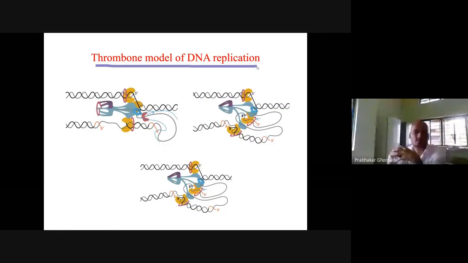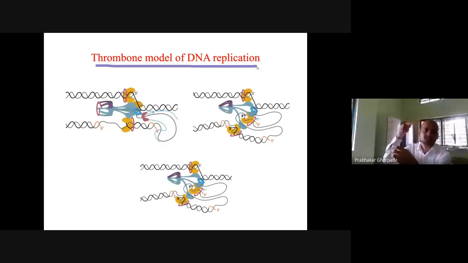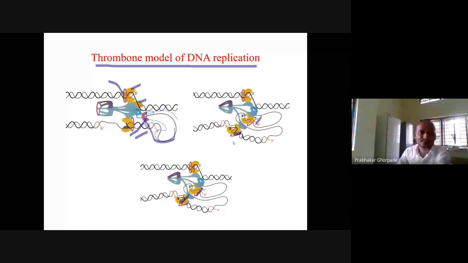Some of you may know that a trombone is a musical instrument. It has 3 parts like that. So this is a 3-part model. So 1, 2, 3, these things are there, and this is how the helicase is separating. This DNA is unwinding like this, and then things are happening, right? So clamp loading, clamp loading, clamp loading. At times like this. So on the leading strand there is 1, and on this lagging strand we have this polymerase, right?